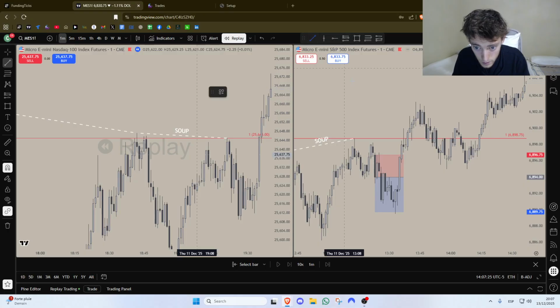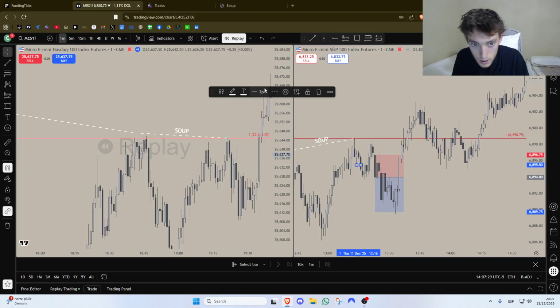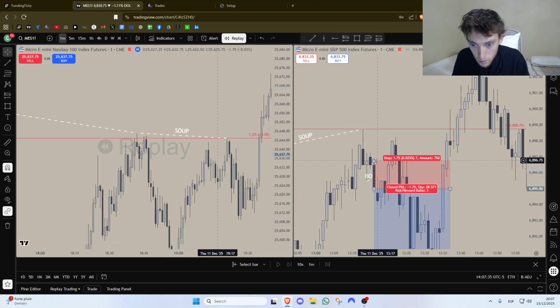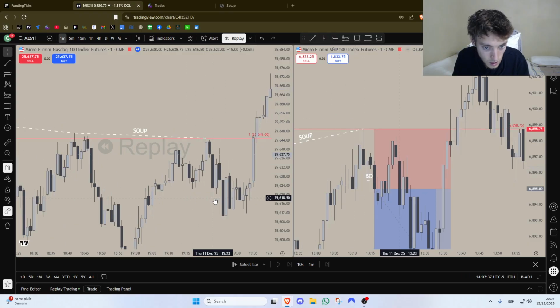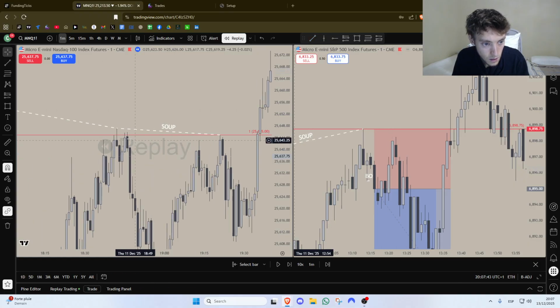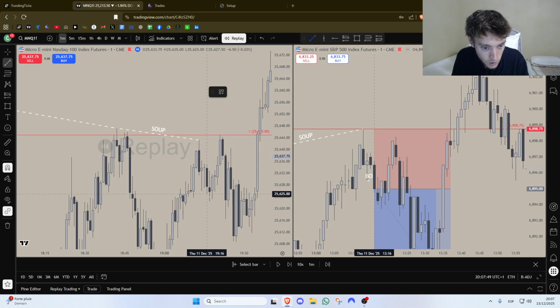Okay. So the break of structure wasn't an inverse fair value gap that I had there. It was this low that was closed below. Boom, and that's why I entered on ES. I was thinking, why did I enter on ES instead of NQ? But the reason was this high. If we entered on NQ, we would have actually lost out on this trade.